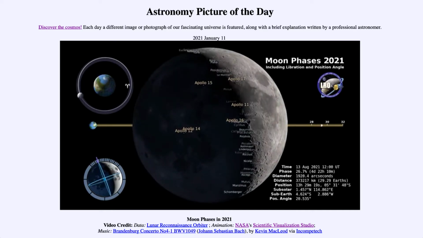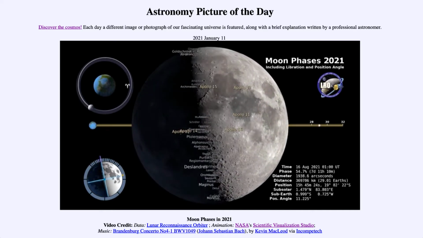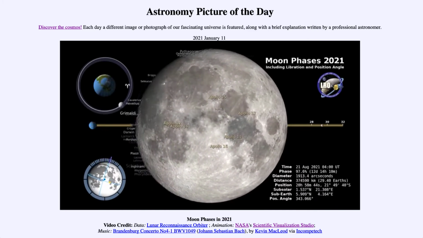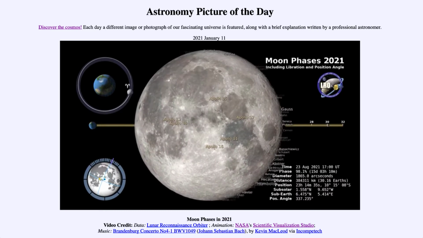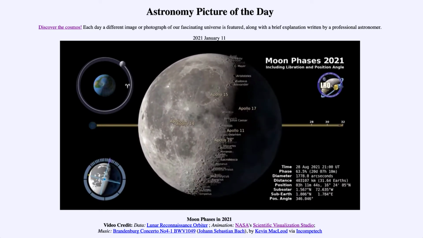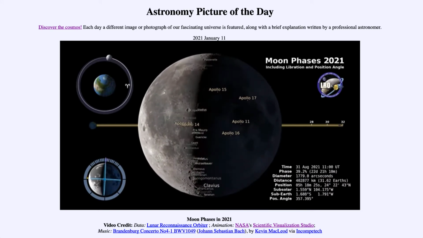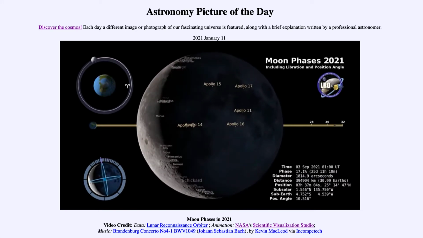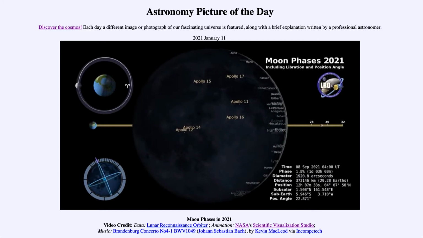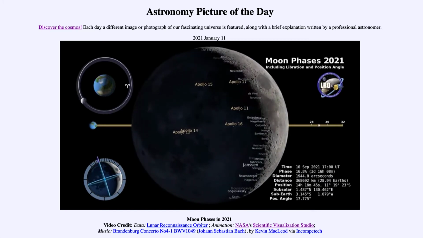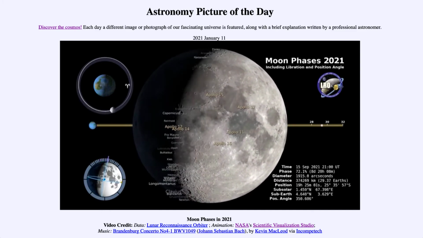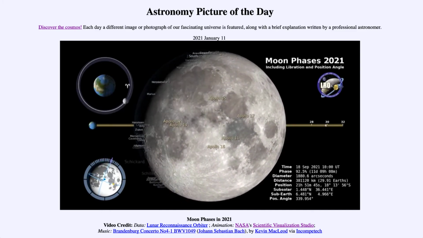Now that was done on purpose because it allowed them to then be able to communicate with the Earth, because they'd always be pointing towards the Earth. If the moon did not always keep one face towards the Earth, then it would have been impossible to continuously communicate. If they were pointing away from the Earth, then they would be unable to send a signal directly to the Earth because the moon would have been in the way. So we can see all of those Apollo landing sites there.